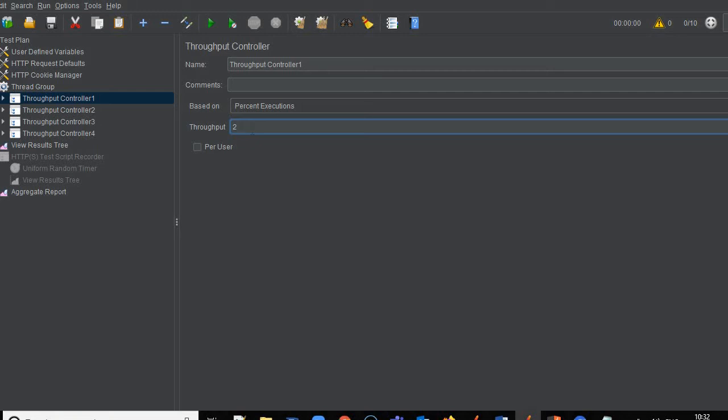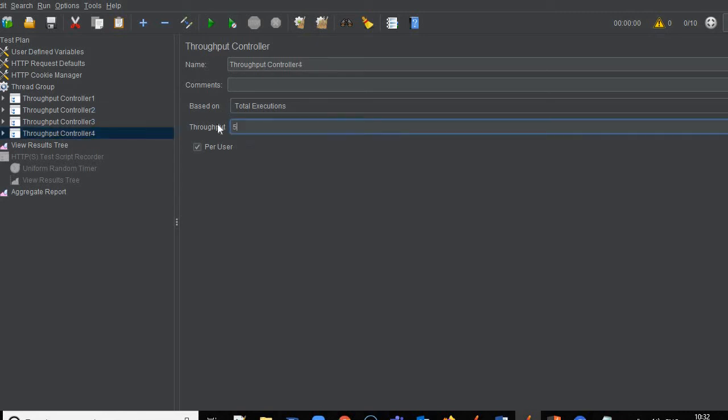Let's say I'm giving 20% for throughput controller 1, 25% for throughput controller 2, 15% for throughput controller 3. So how much is left? 20, 25, 45, 60.